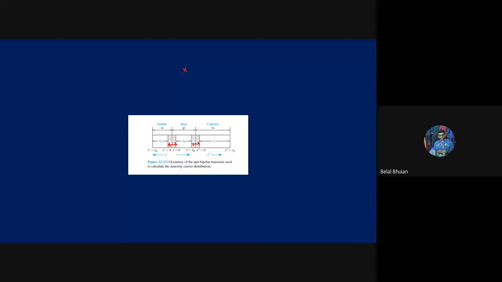So this is X equal to 0, and this X is equal to XB, and XB is our width of the neutral